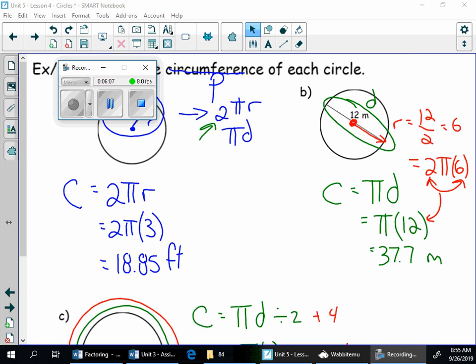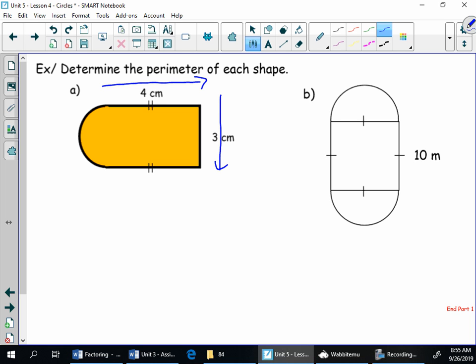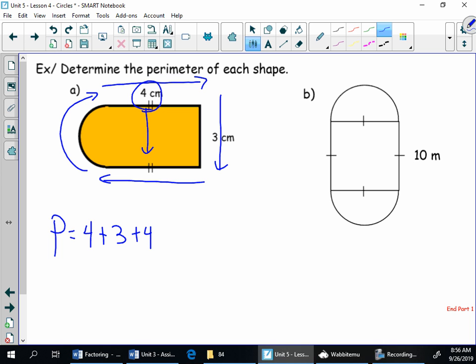So we'll take that idea to the next step. I want to find the perimeter of these shapes. These shapes involve circles, but not necessarily entire circles. So if we take a look at this first shape here, this orange one, the perimeter is the distance around a shape. So I've got to go around the top, down the side, across the bottom, then around the curve. So if I think about that, my perimeter is made up of a 4 across the top, a 3 on the side, a 4 on the bottom,